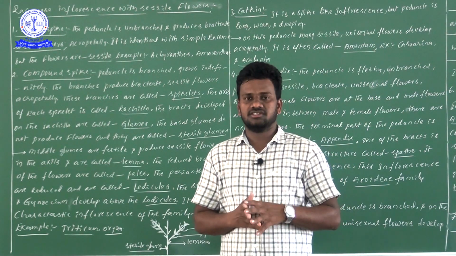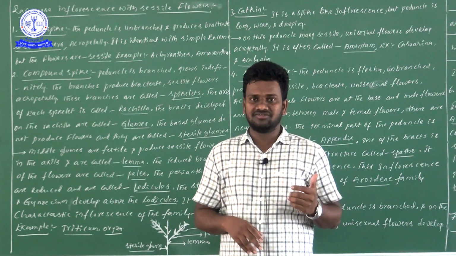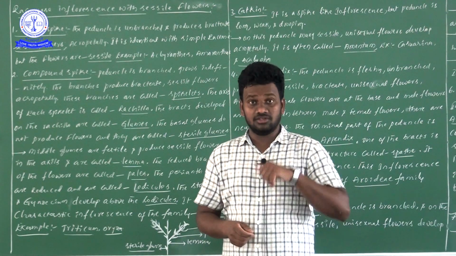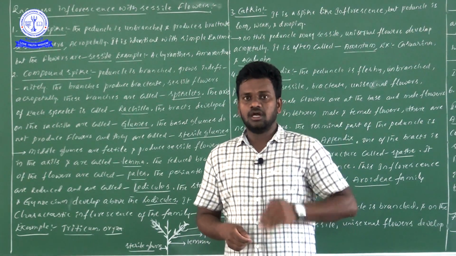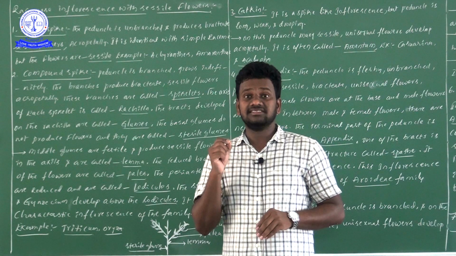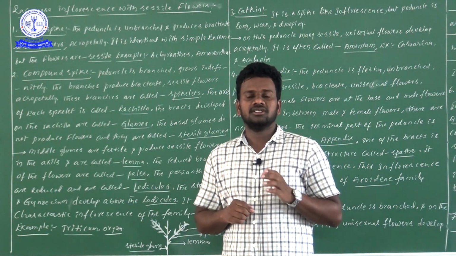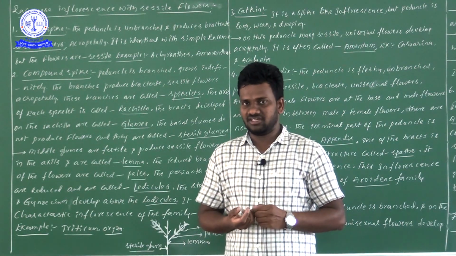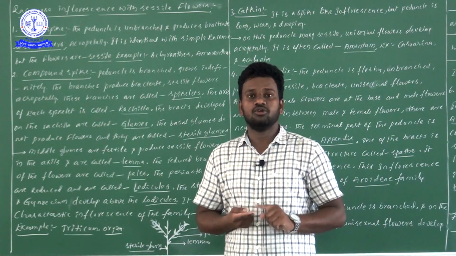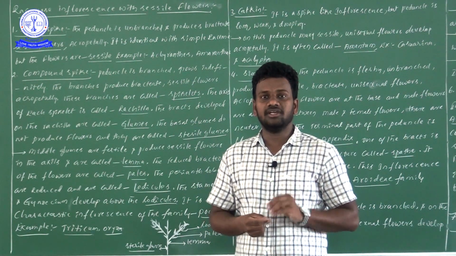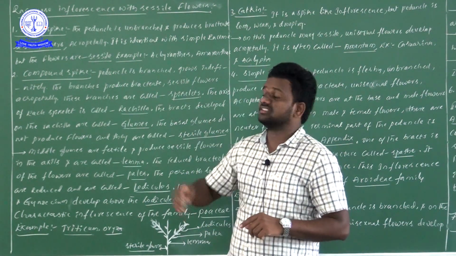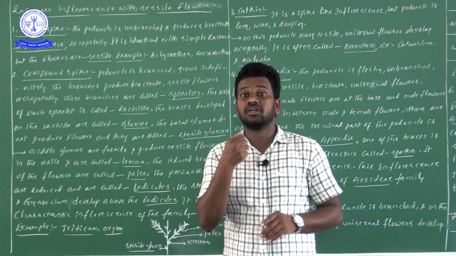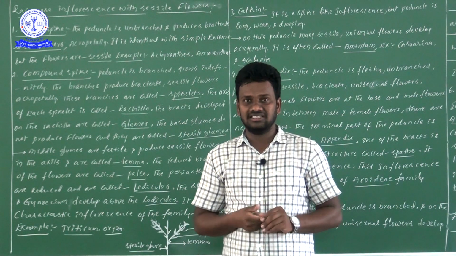What is the difference? There, we saw pedicellate flowers, where the flowers have a pedicel, the stalk of a flower. Now in these videos, the pedicel is absent. If the pedicel is absent, we call it sessile. Exclusively in this video we are going to discuss racemose inflorescence with sessile flowers. Sessile flowers means flowers not having a stalk.